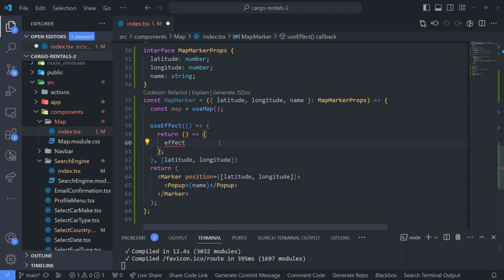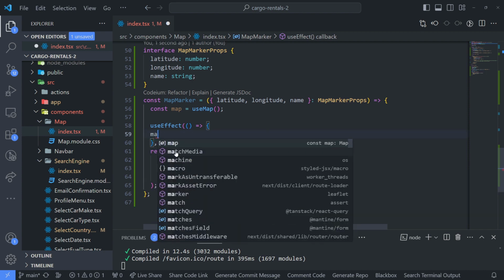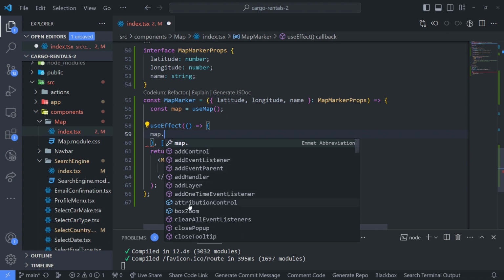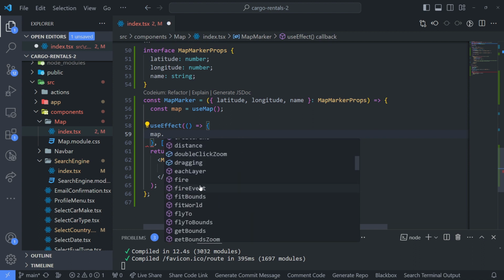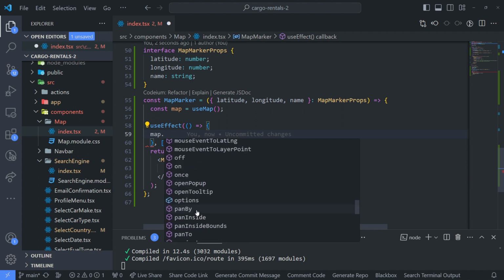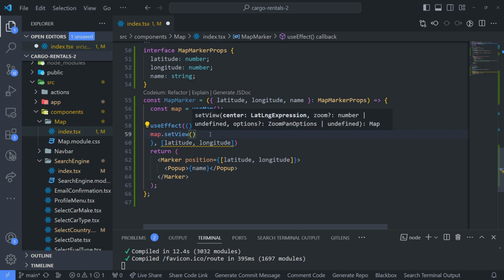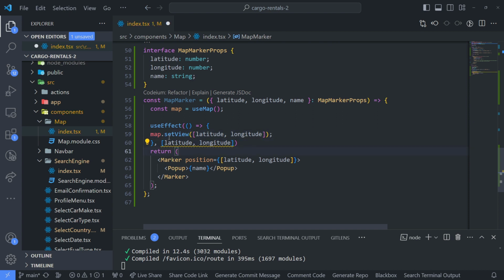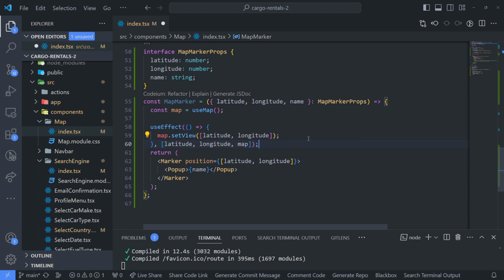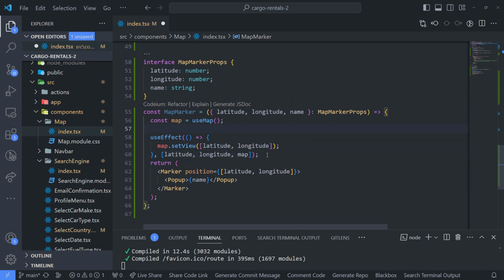So when they change, we are going to just say map dot. There is a bunch of properties and functions on it. Now the one we are looking for is basically called setView here. setView is also supposed to accept the coordinate, which is basically going to be this. Now because we are using the map here, we also have to add it as a dependency basically. So when we save this,